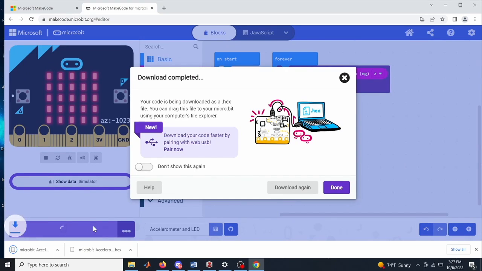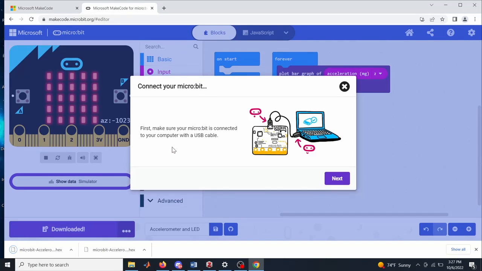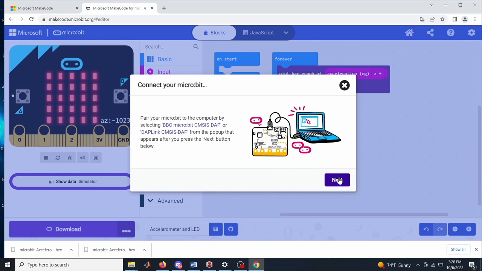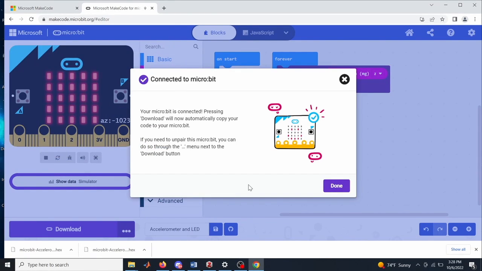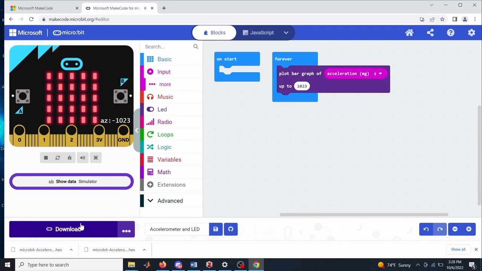Now we can download the code into our microbit. If the microbit has not been paired, use the pair now function. Make sure your microbit is connected and hit next until you get what we're seeing in the screen. Select the paired microbit, hit connect, and then you should be done. Now, every time you download your code, it will automatically upload into the microbit, and it will also let you